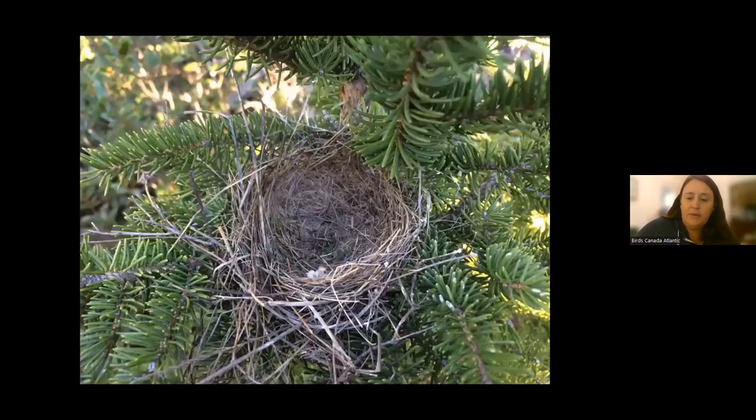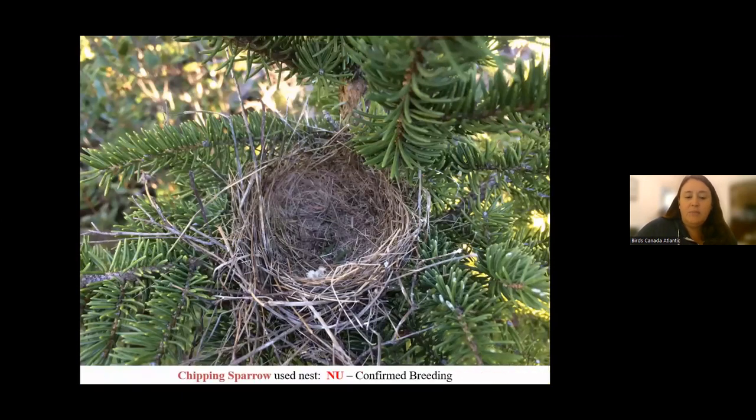So for example here, this is a chipping sparrow used nest. This was in Alberta. But the only reason that I know that it was a chipping sparrow used nest is because I was there the day before. I saw the baby chipping sparrows in it, and then I came back the next day and they were gone. So in this case, I'm absolutely sure that it is a chipping sparrow nest and that it is from this season. If you can't be sure of these things, then you probably don't want to use the